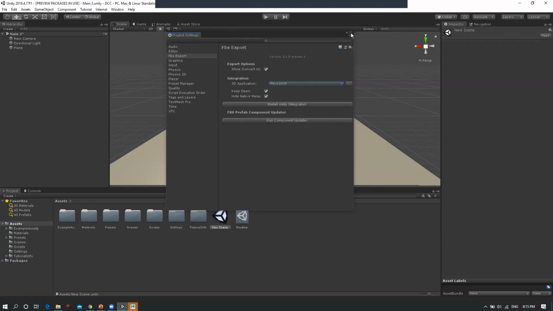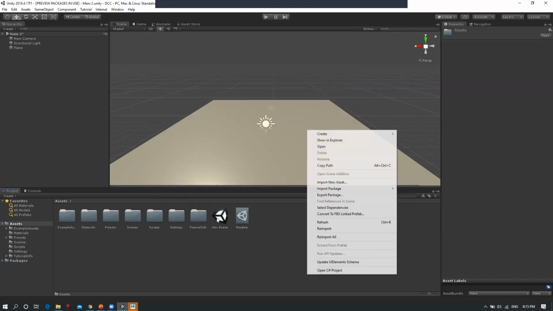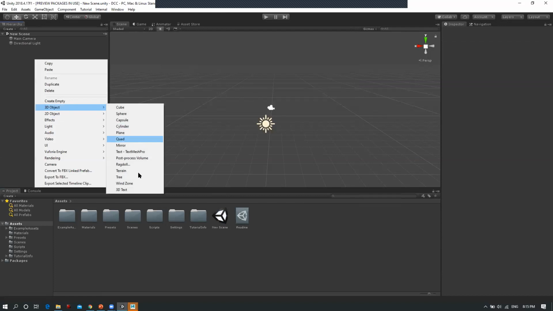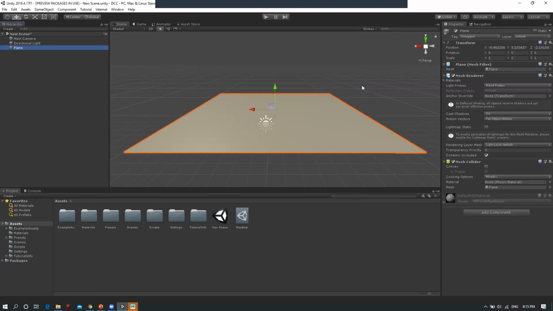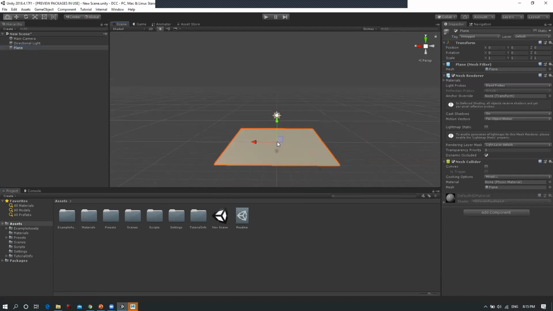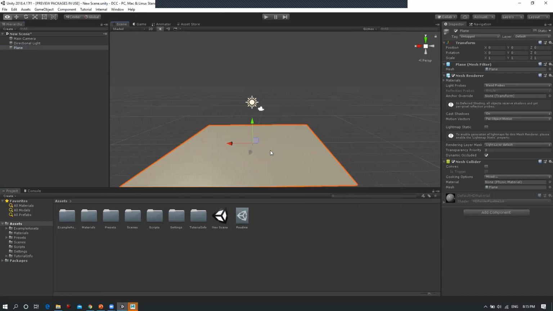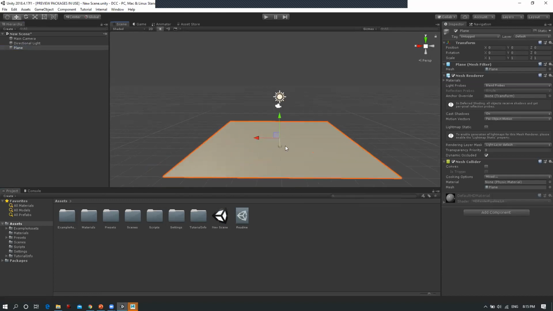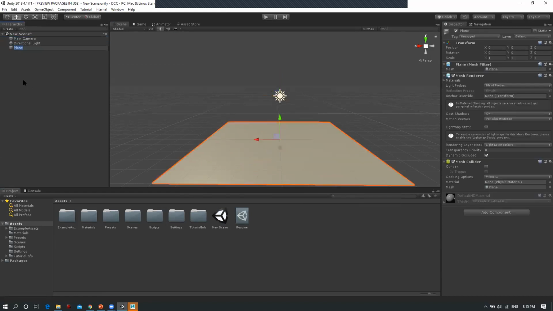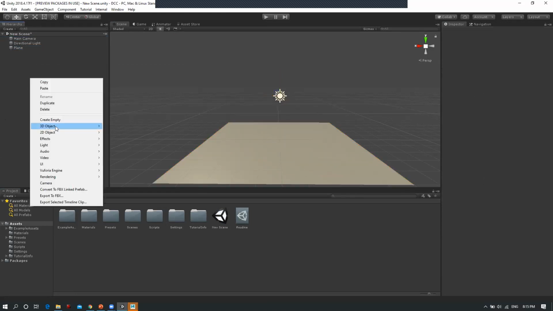Now, right now let's create a new scene. I do have this new scene, I'm not saving it. This is the new scene with me right now. I'll create a new plane just for fun. I'm creating this new plane, and I'm just going to reset it. Just like this. I'm aligning the view. Now once it is done, I'm going to create multiple cubes.